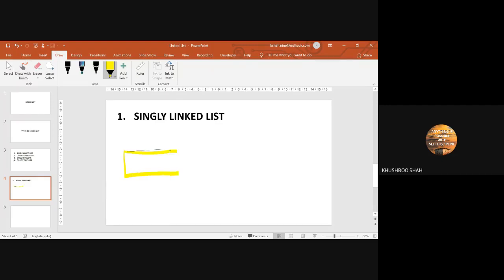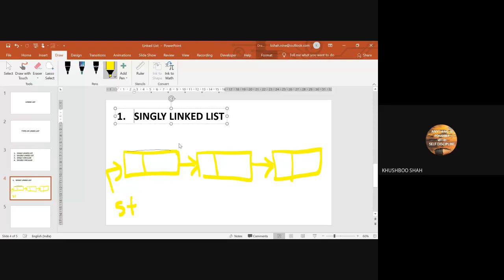Remember in the last session we discussed this, right? Yes. So this is simple single linked list. Now the second one is the double linked list.